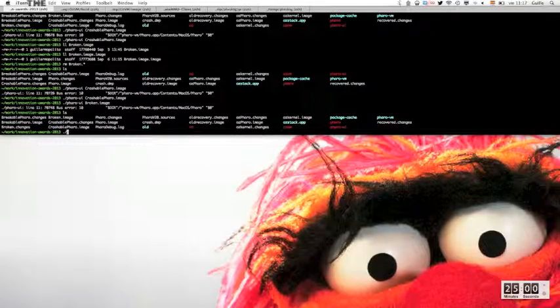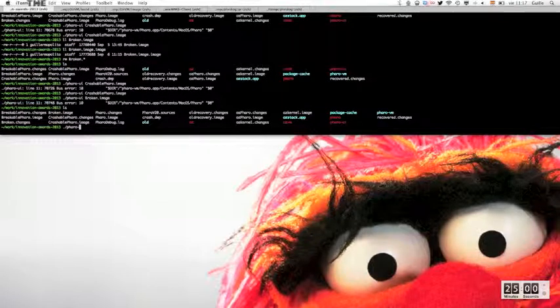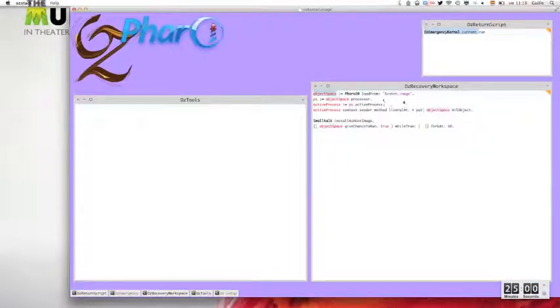So we will open an OS recovery kernel. With this OS recovery kernel, we have already prepared a workspace for the demo, but what we will do is to load a Faro image into an object space. An object space is a reification of an image, and then we will start to modify the objects just to fix it. So what we will do is we load the image,